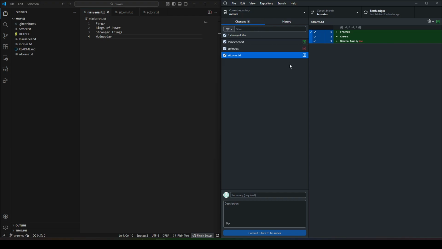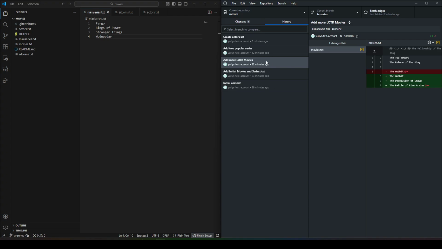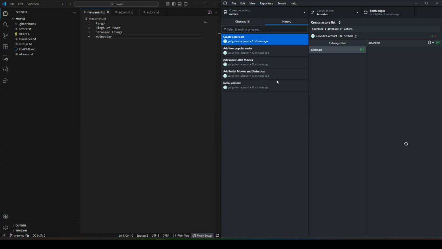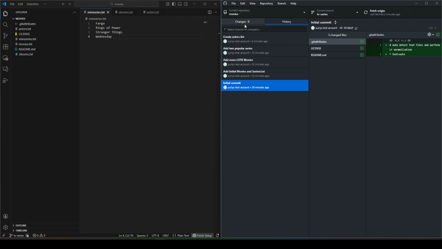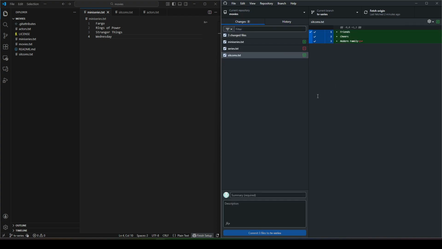And you know what? I will appreciate that. And of course, we go into history. We can look back at our different commits and what has changed. Okay, so let's commit these files. Rework. Let's say create new series files. And here in the long description, that's the nice part about it, we can say removed